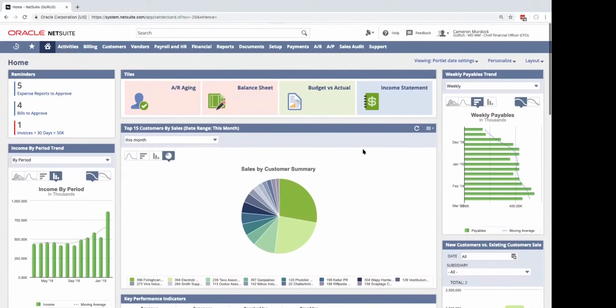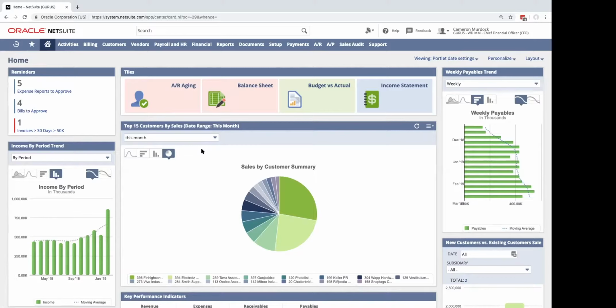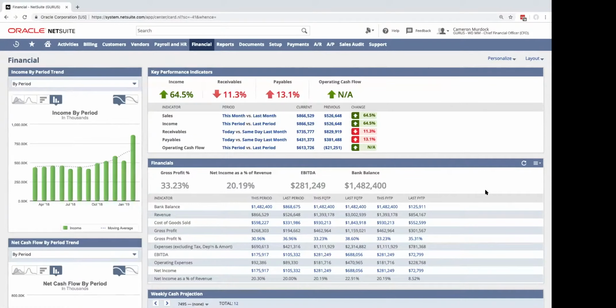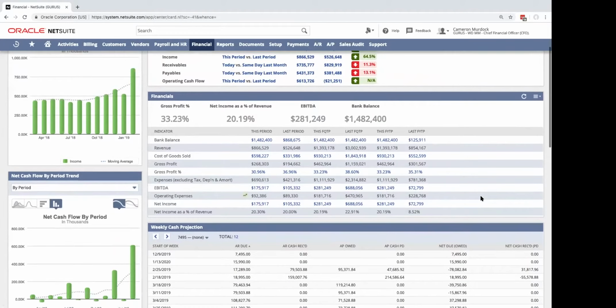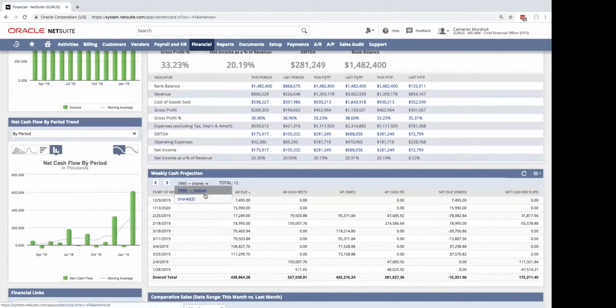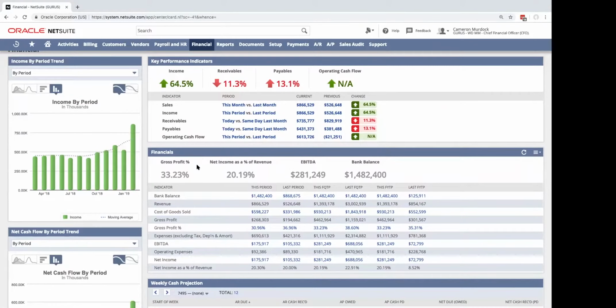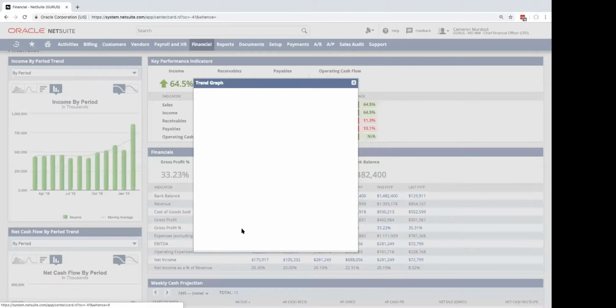Now, we can look at other centers that are pre-configured with financial metrics or other dashboard links for us. For instance, the financial center might be somewhere that we want to put other financial metrics, maybe it's some KPIs, and we have some of the similar metrics as well, like the weekly cash projection here. And when we look at the financial metrics in the middle, this is pre-configured to look at this period, last period, some fiscal quarters to period, and the last fiscal quarter to period. But when I come down to some of these metrics, we'll see that they can be visualized. For instance, the gross profit percentage.